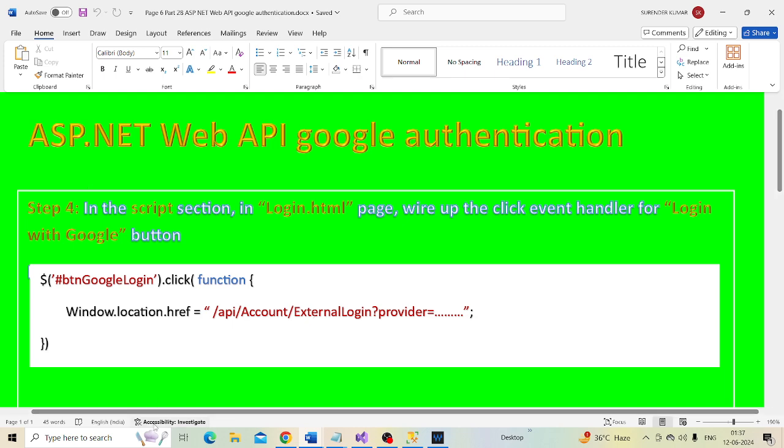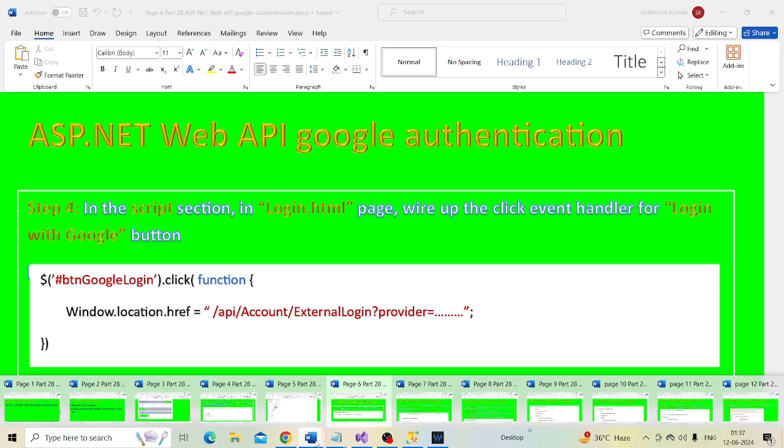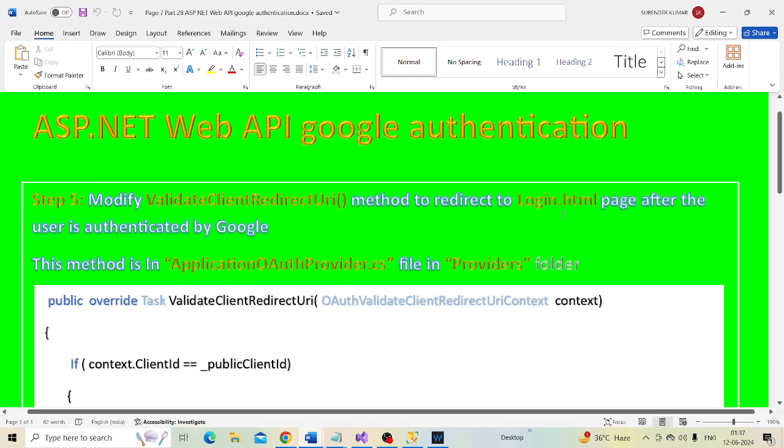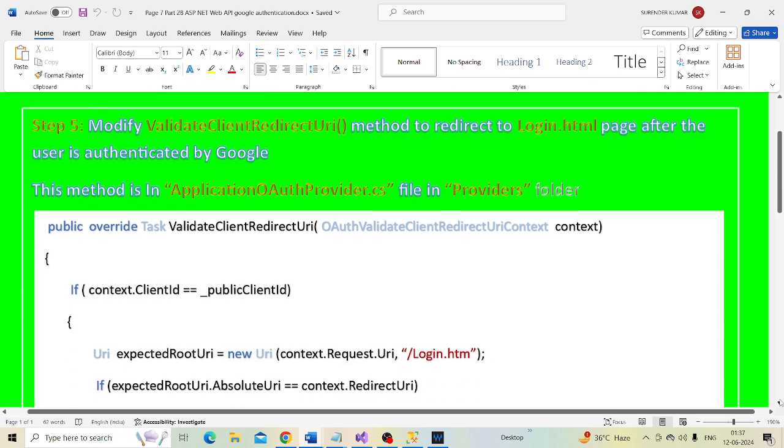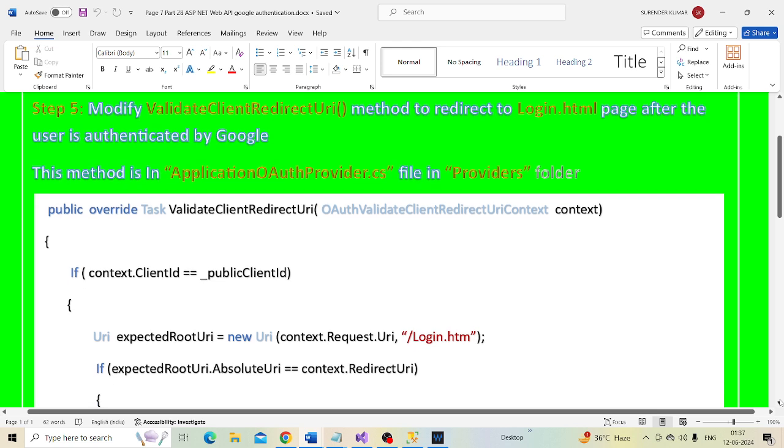Step 5, modify the ValidateClientRedirectUri method to redirect the user to the login.html page after the user is authenticated by Google.